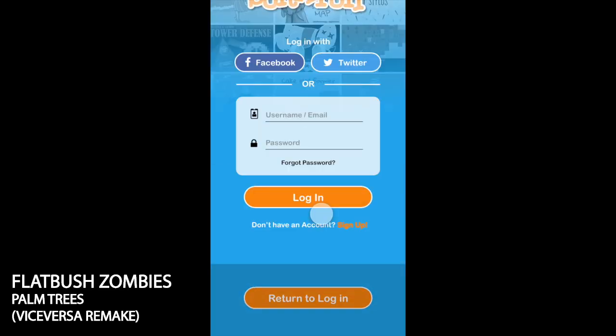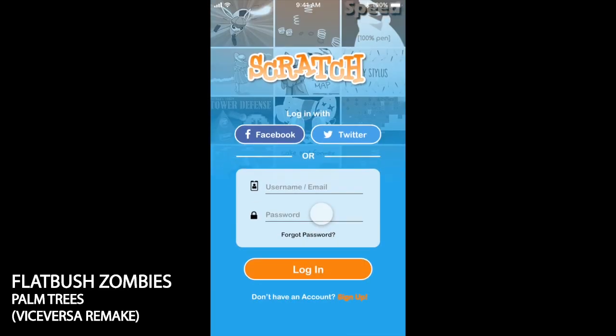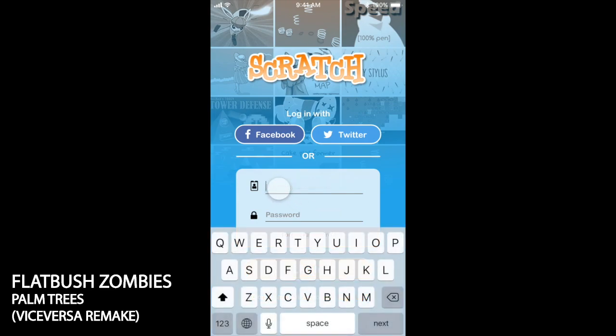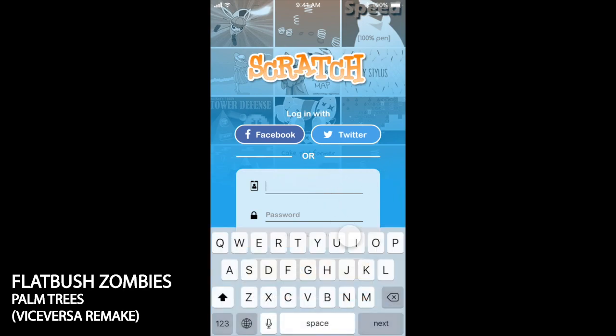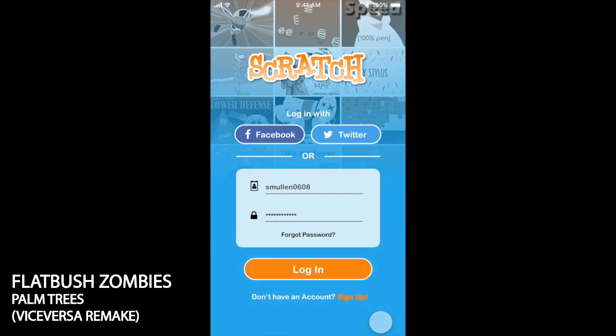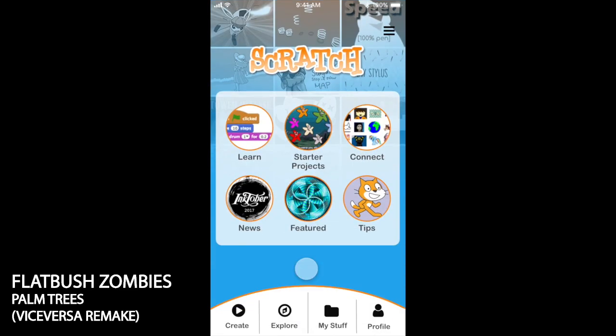And so now that they've created an account and they know their password, they're going to click on the username email field, which brings up the keyboard and cursor again. They can click out of it if they need to. They're going to type in their username or email and hit next. They're going to type in their password, or they can click out, hit next, and then they're going to hit login. Brings them to the home page,